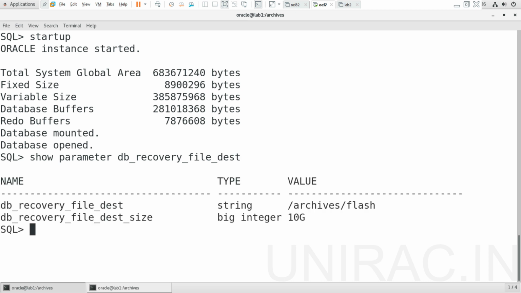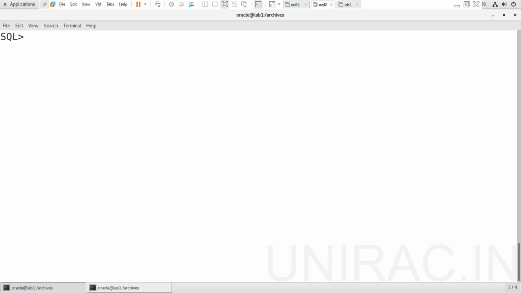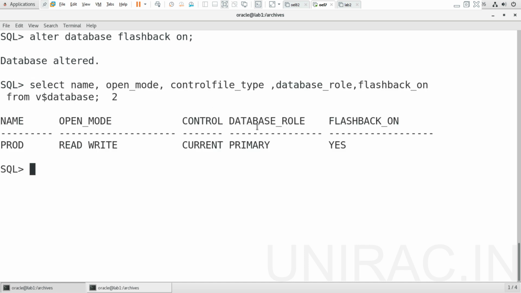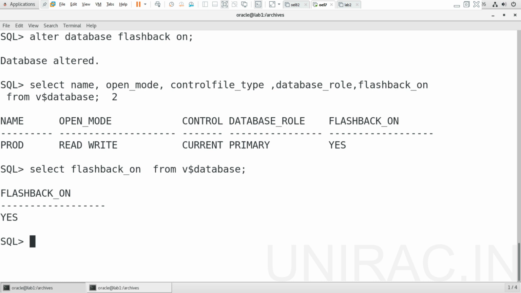Both the parameters, file destination and destination size, are enabled, so let's enable flashback. Alter database flashback on. Even after startup, you can enable flashback, and you can confirm from v$database whether it's enabled. Yes, before it was no, now it's enabled. Your flashback is up.